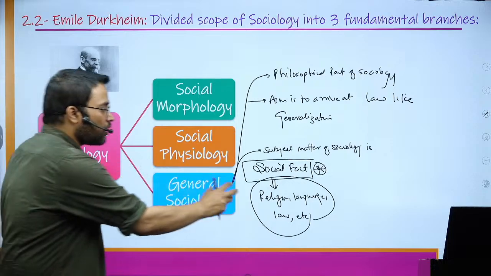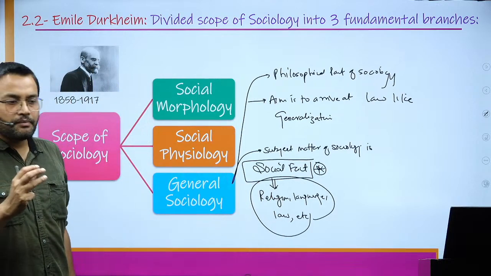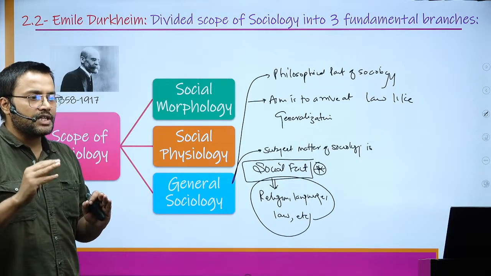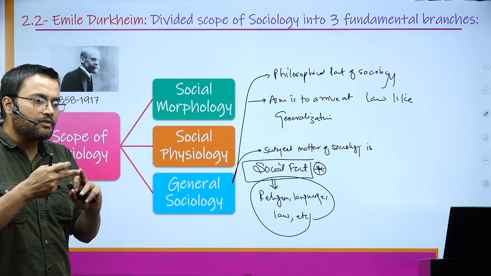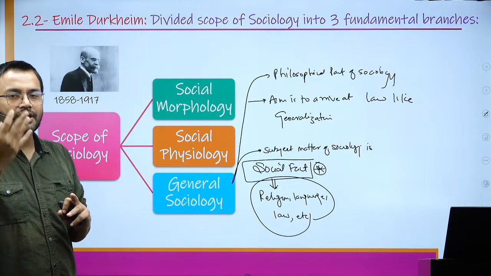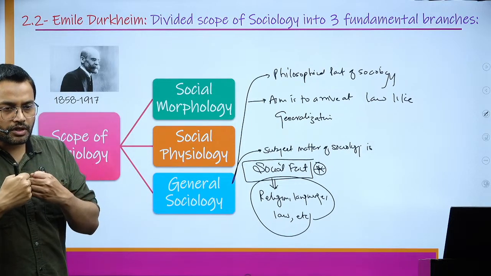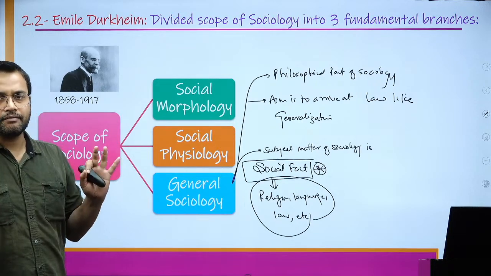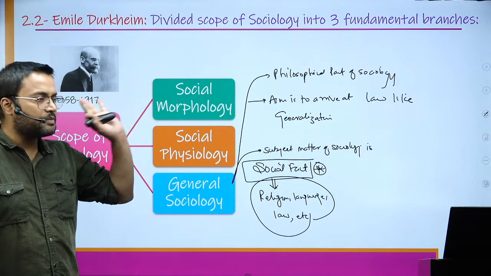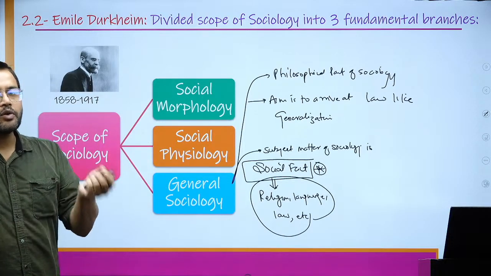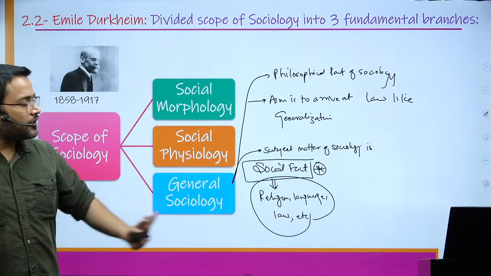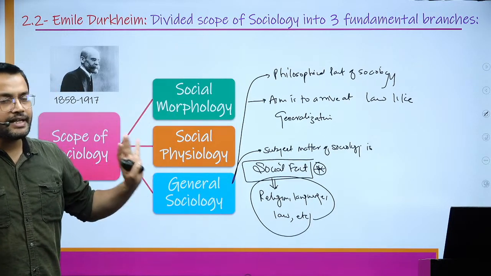How can you say religion is a social fact? Because it constrains your behavior. Suppose you're a part of any particular religion, so religious ideology is going to govern how you should behave, how you should interact with others, what your eating pattern, dressing pattern, interaction pattern should be. Everything is governed by that particular religion. People may come and go, they will die down, but religion will always be there. So religion has its own independent existence.